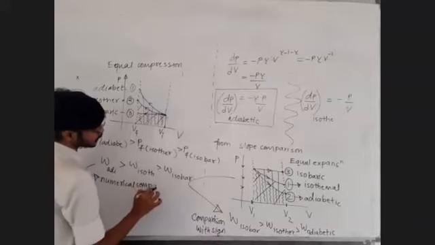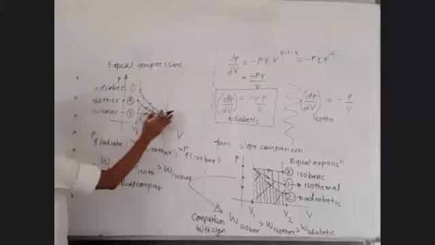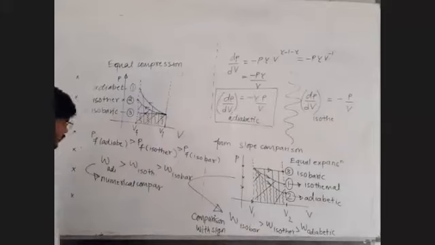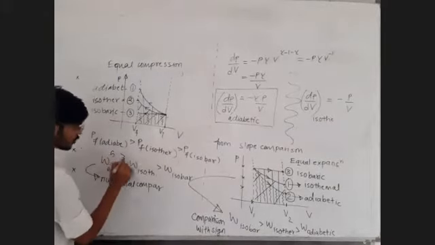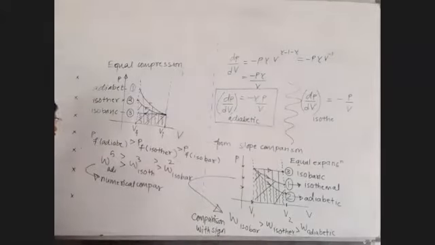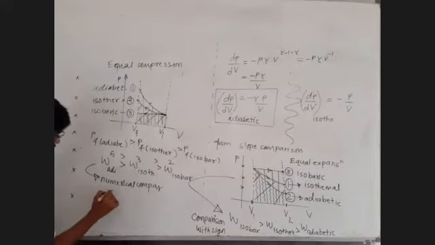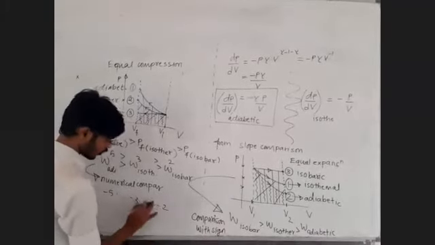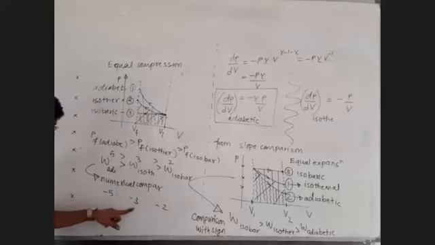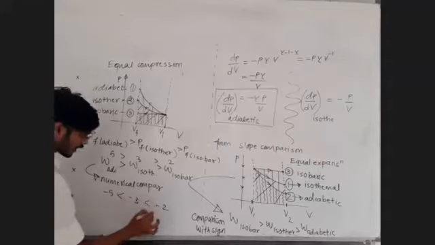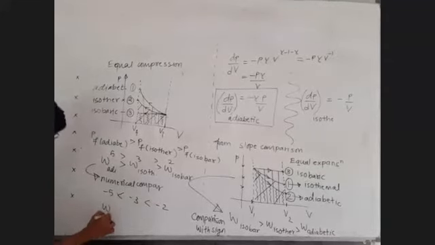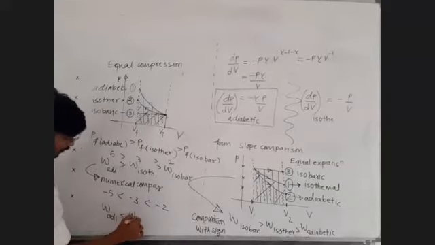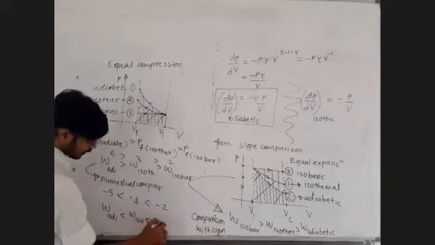Now this is compression. This is equal compression. So ultimately it is compression. In compression, work done is negative. Yes, sir, you are saying right that 5 is more than 3 is more than 2. But these works are actually -5, -3 and -2. And we know on the number line -2 is more than -3 and then -5. So with sign comparison, what we should do is this: W adiabatic is less than W isothermal is less than W isobaric.